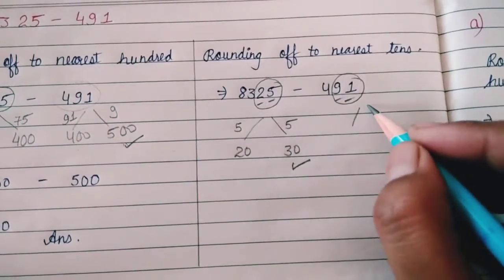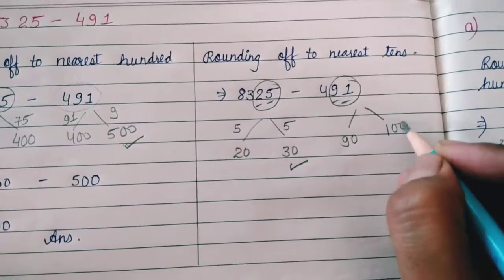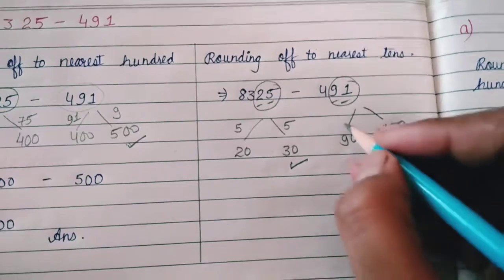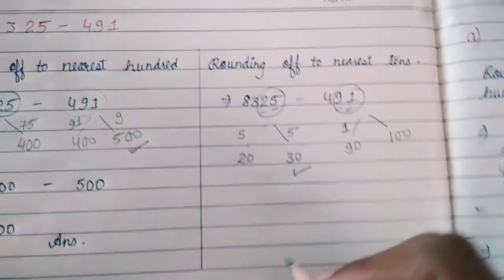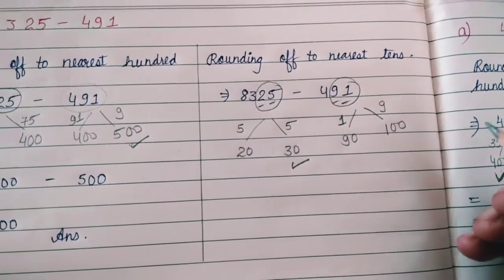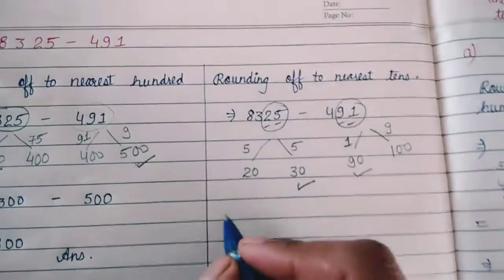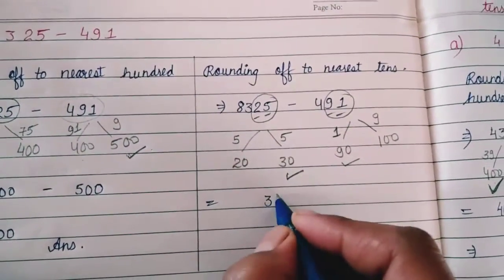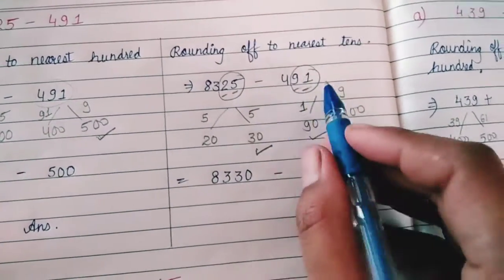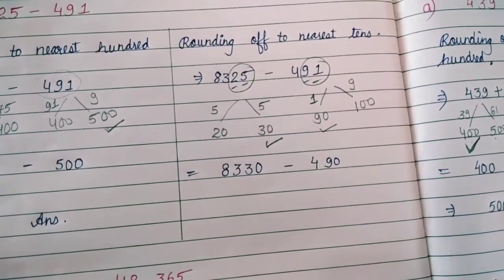In the second one we have 91, and 91 is coming in between 90 and 100. So it is nearest to 90, because we have to take only 1 step from 90, and from 100 we have to take 9 steps. So whom will we choose? We will choose 90. Okay. So in the place of 25 we will write 30 and 83 as it is, minus. In the place of 91 we will write 90 and this 4 will come as it is.